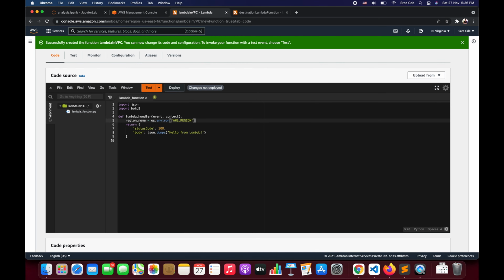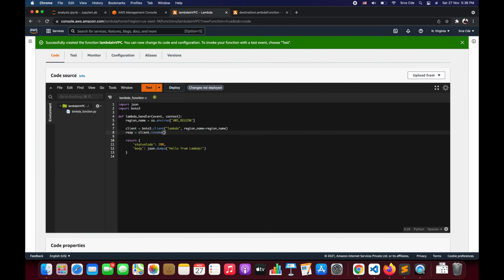So this environment variable is set by the system, right? So we don't need to explicitly pass this environment variable manually, okay? And as a next step, we are going to say client equal to boto3.client followed by a service that is going to be our lambda, because we want to invoke a lambda function from this lambda function. Followed by, we will also pass the region name equal to region_name, followed by we will say resp, that is for response. We will say client.invoke,